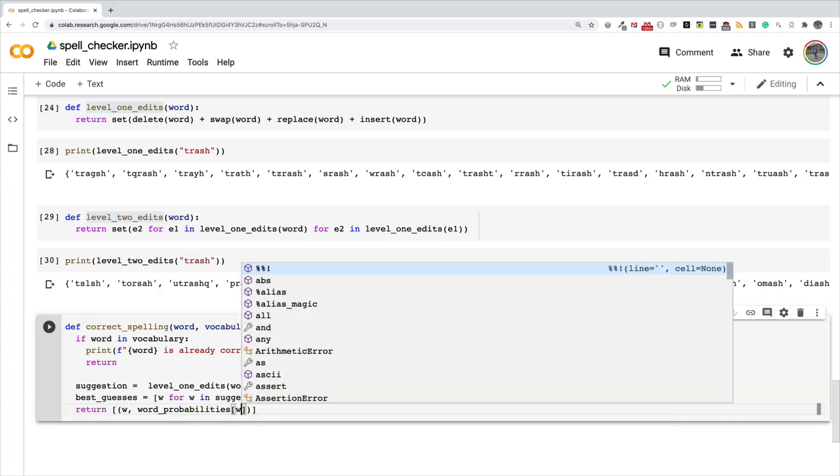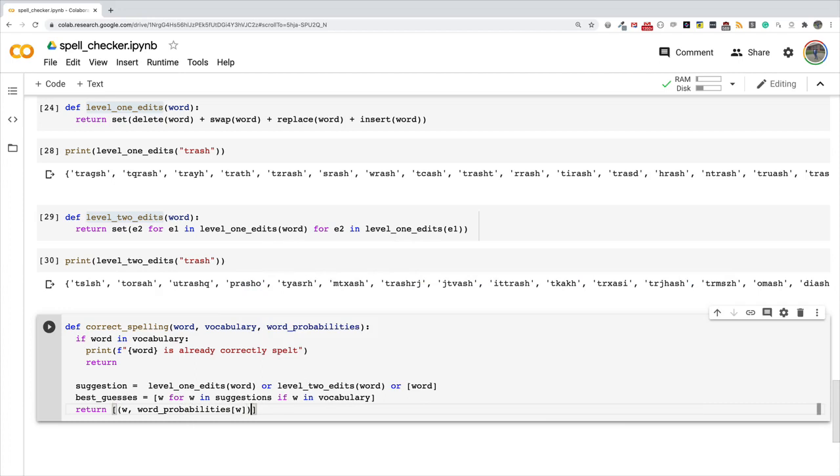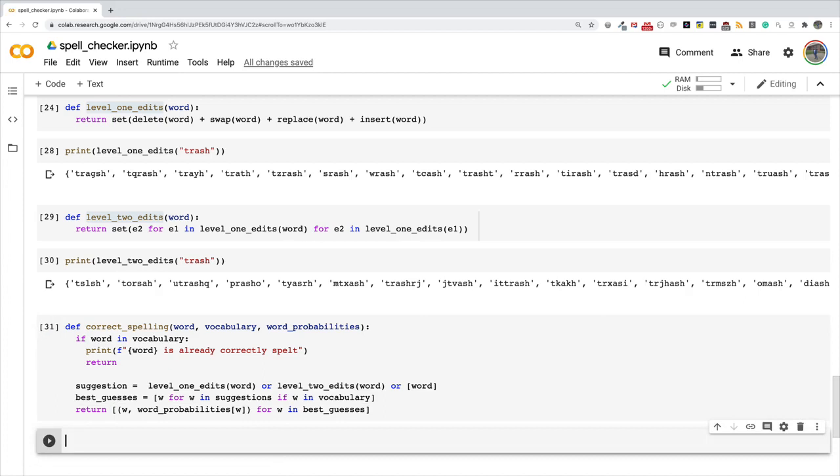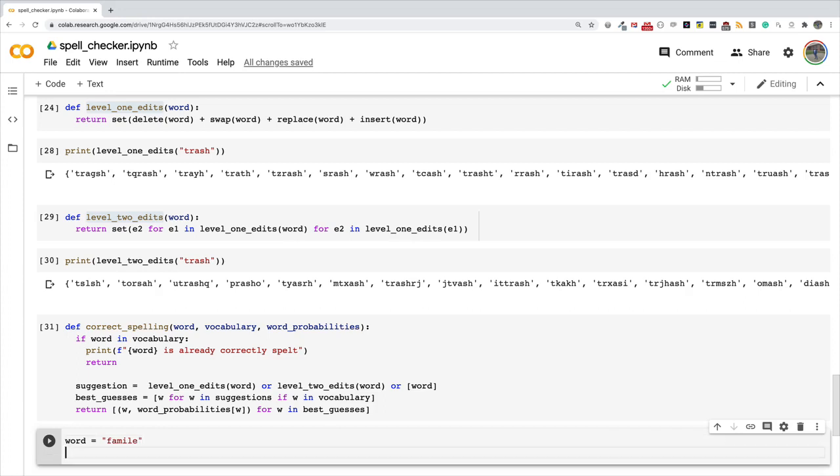of that word for every word in best guesses. Yes. So let's do this and let's try out something. Okay, let's try out something. So I'm going to create a word. I'm going to intentionally misspell the word family. Okay, and then let's call